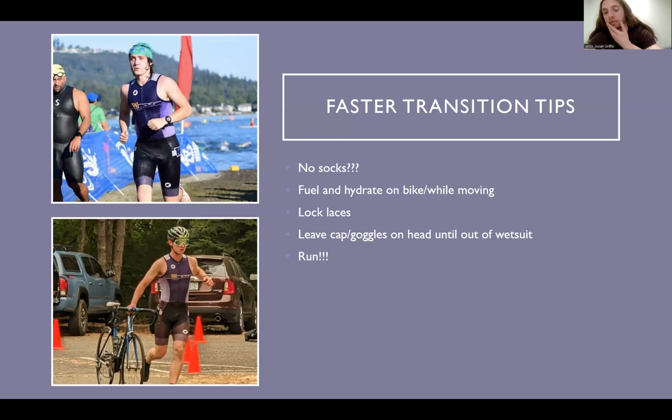So when you're running out of the water, start taking off your wetsuit down to your waist, so that by the time you're in transition, you can just finish taking it off. And when you're in transition or between segments, just run. You make up a lot of time as opposed to walking. You can see Bo here running. I think John's also running. It's crazy the amount of people I've seen in races just walking, and I'm like, you're in a race, run, run, run. I know it's a transition, but it does make a difference. So run. Yeah, for sure.